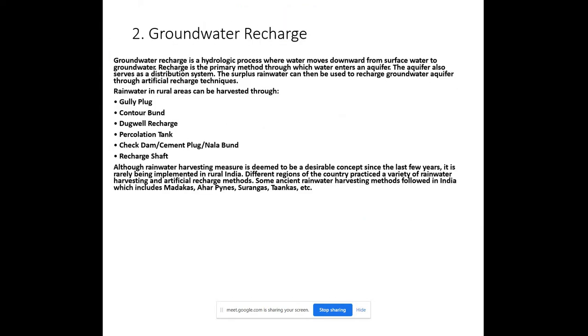The second method is groundwater recharge. Groundwater recharge is a hydrologic process where water moves downward from the surface to groundwater. Recharge is the primary method through which water enters an aquifer. The aquifer also serves as a distribution system. The surplus rainwater can then be used to recharge the groundwater aquifer through artificial recharge techniques. The rainwater in rural areas can be harvested through gully plugs, contour bunds, dug well recharge, percolation tanks, check dams,